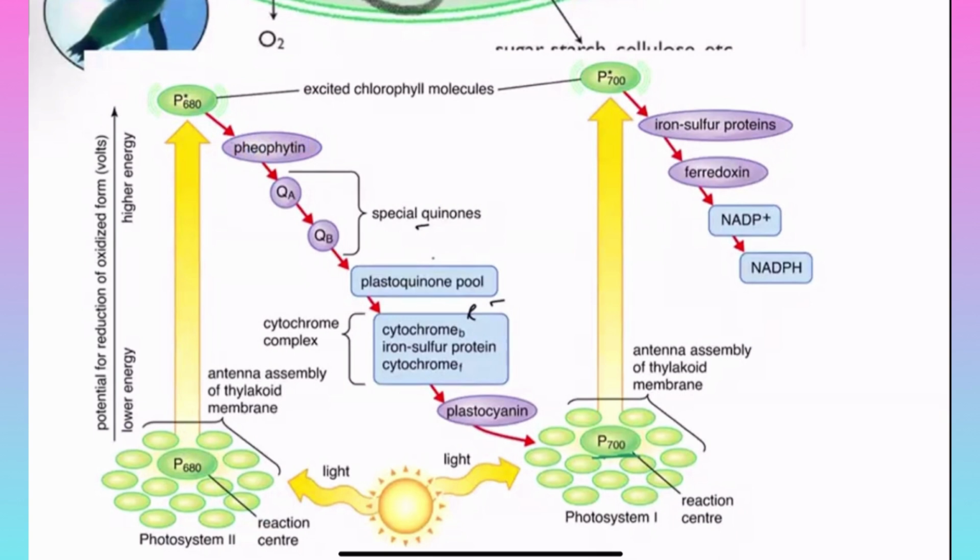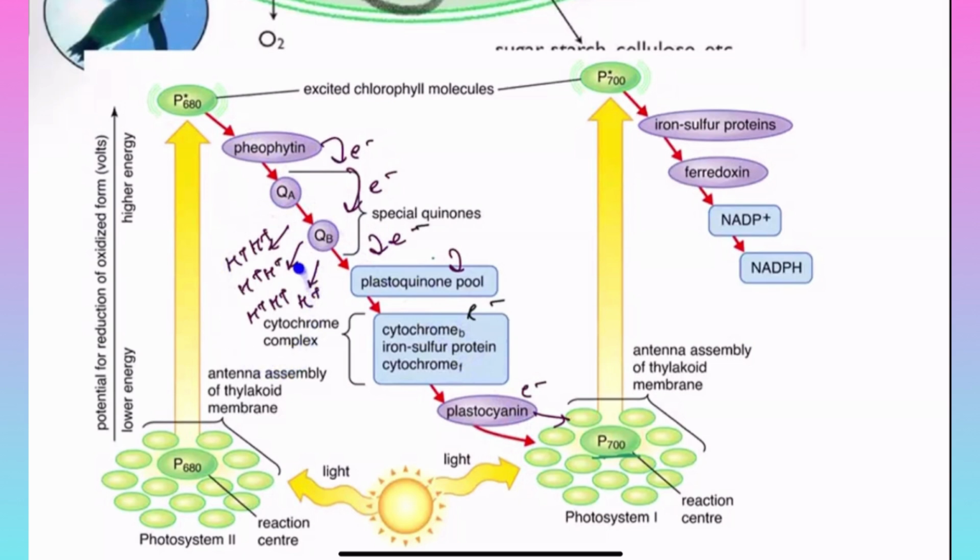From here, the electrons are transferred to QA, to QB, to plastoquinone, to cytochrome b complex, iron sulfur protein complex, plastocyanin, and finally the electrons are delivered to P700. Now, meanwhile the electrons are being transferred, the protons move out and they keep on accumulating outside the membrane. By the end of this electron transport chain, there is a lot of H plus accumulated outside